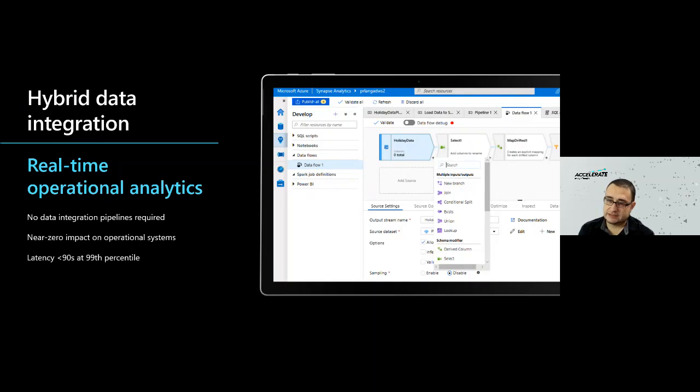So in addition to that, we're not just talking about being able to bring data in batch processing, in a scheduled type of approach, but you can also take advantage of some of the other services built into Synapse that allow you to do more real-time analytics.